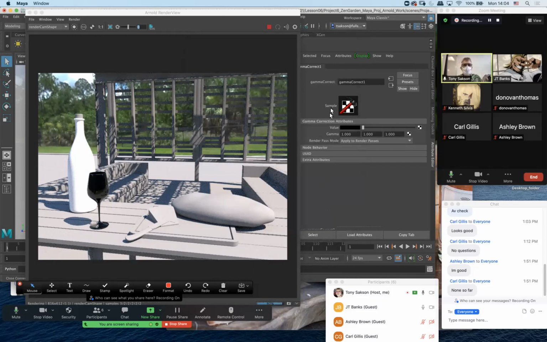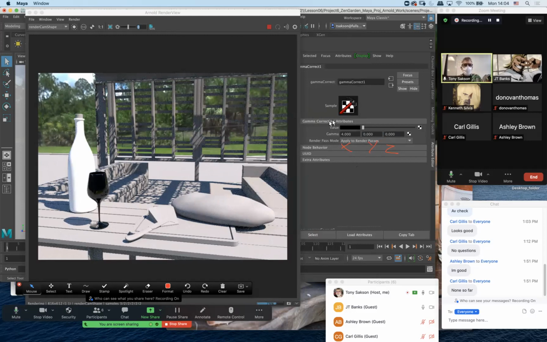Now, we're not done in the gamma correct because we need to change. This is basically X, Y, and Z values. So this is X, this is Y, this is Z. What we're going to do, take our X value, turn it to 4. Take our Y value, turn it to 0. And our Z value, turn it to 0. And that's what we're going to track with the next